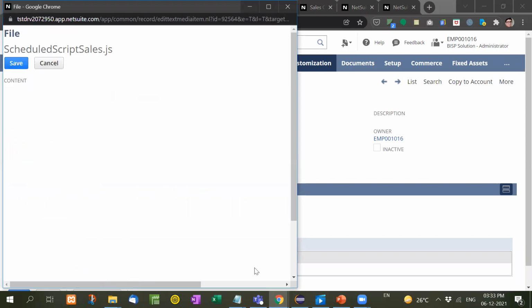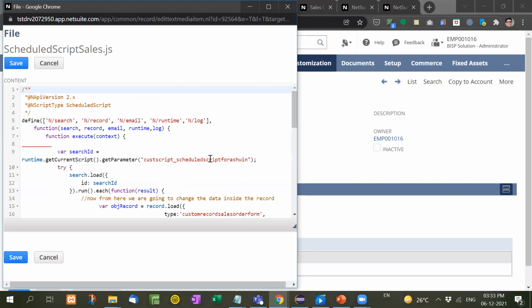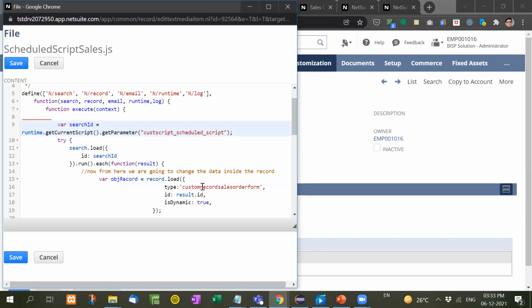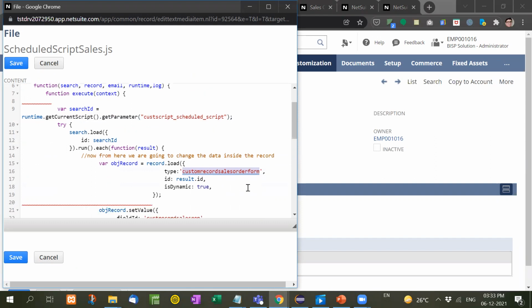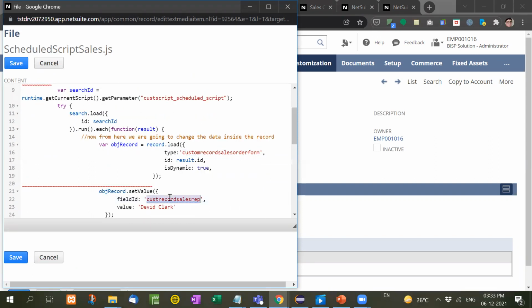Now see, whatever we have copied here, let me show you once again. Whatever we have copied, this is the saved search ID, right? So we have to write down here the saved search ID. The type is custom record sales order form. Object custom record sales rep.